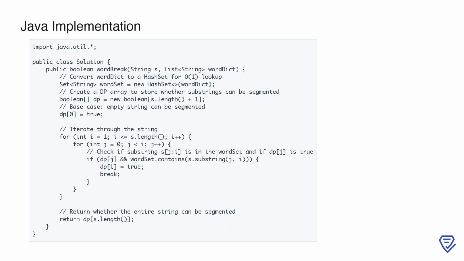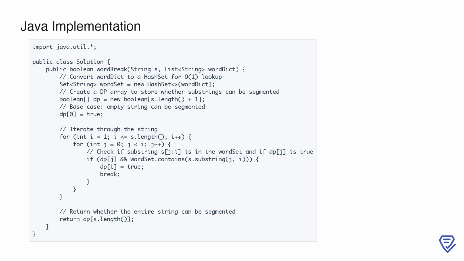This is the Java implementation of the word break problem from LeetCode, number 139. The logic mirrors the Python implementation. It uses dynamic programming to determine if the input string can be segmented into valid words from the dictionary. The primary differences lie in Java's syntax, explicit type declarations, and the use of Java-specific collections like